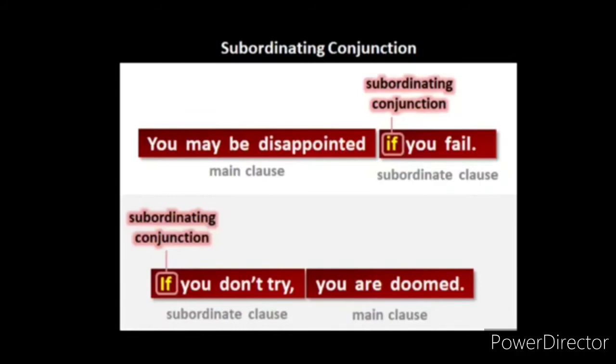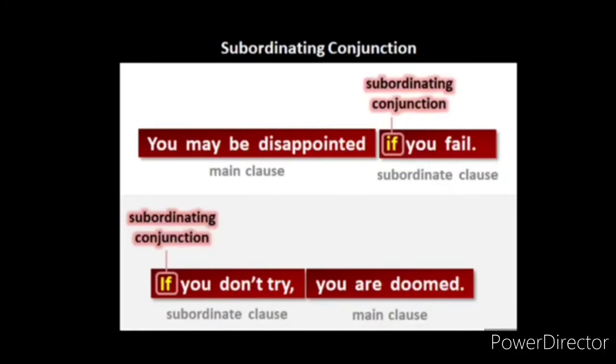Which is the independent clause? That is, you may be disappointed. That is the main clause and the independent clause here. Okay, so if is the condition subordinating conjunction that we used at the end. This is the case when the subordinating conjunction if is used at the end. If it is used in the beginning, see the example given at the bottom. If you don't try,